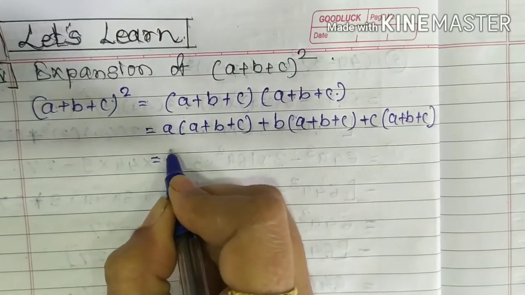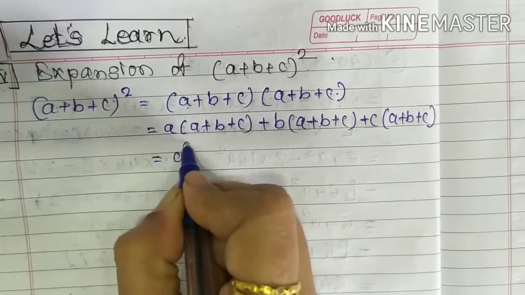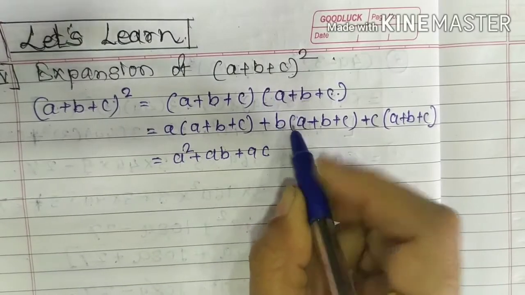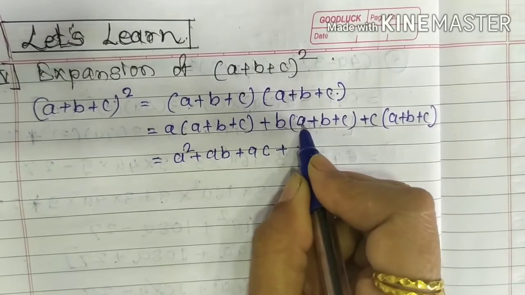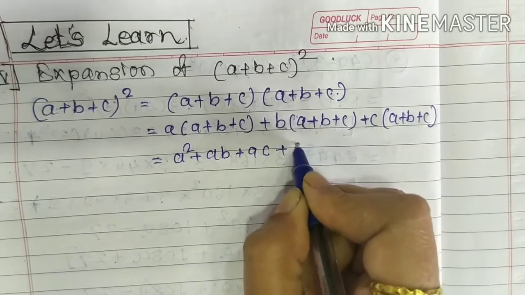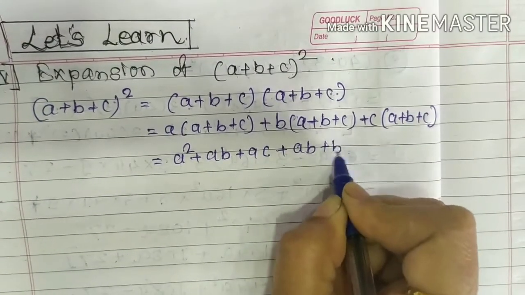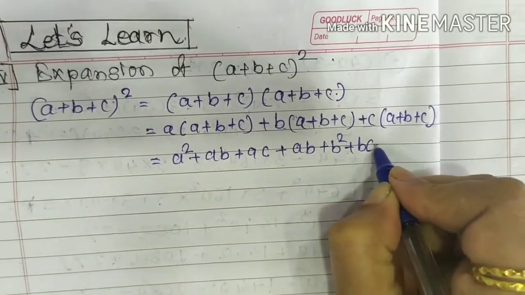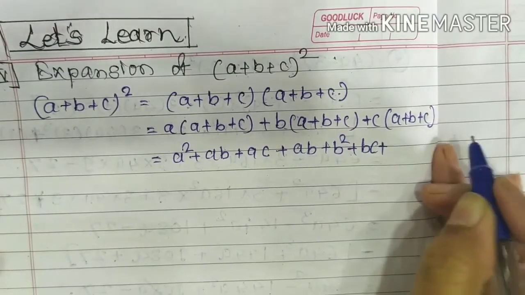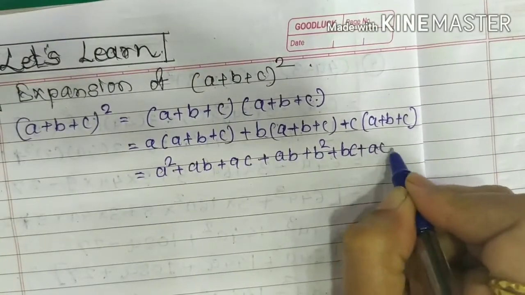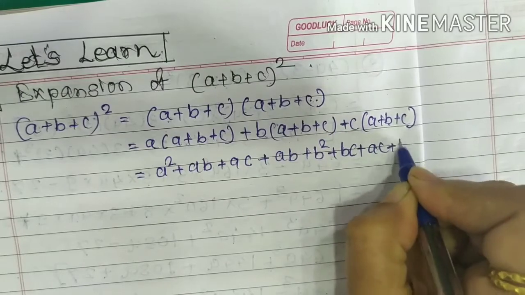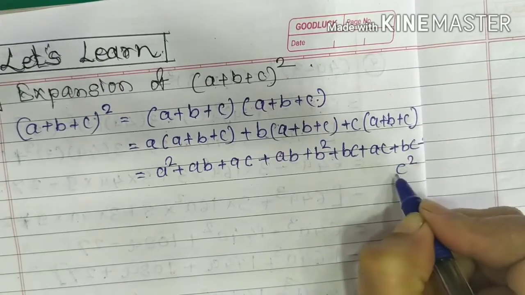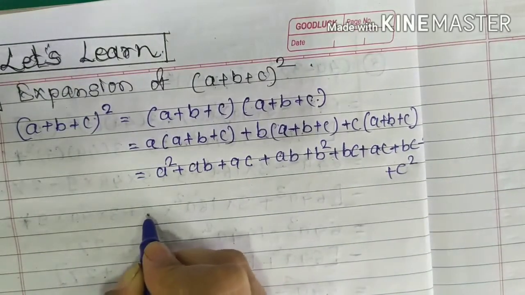Make the multiplication. First, a into a: a square plus ab plus ac. Plus b into a, we write ab, plus b square plus bc. Then c into a: ac, plus bc plus c square. In the next step,